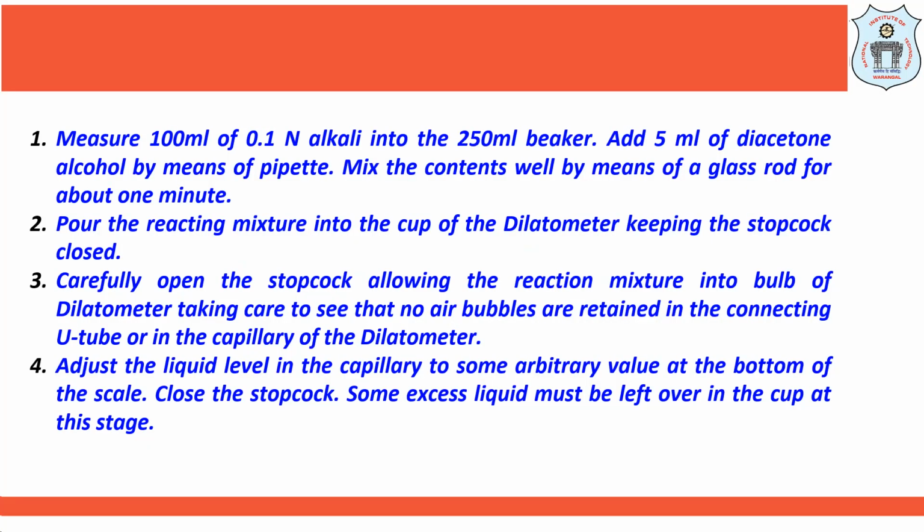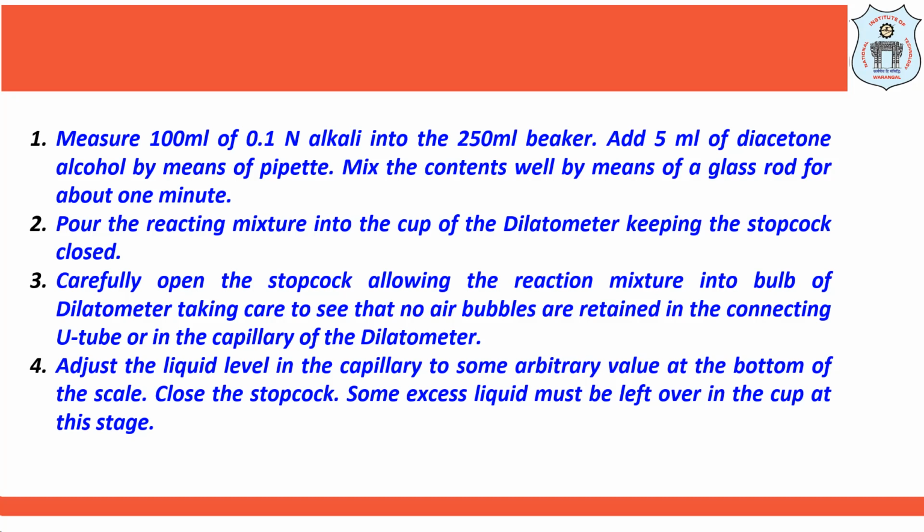For the procedure of the experiment, we first need to measure 100 ml of the 0.1 normal alkali into a 250 ml beaker and add 5 ml of diacetone alcohol by means of a pipette. We then mix the contents well with a glass rod for about a minute. Once the mixing is done, we pour the reacting mixture into the cup of the dilatometer, keeping the valve closed. After that, we carefully open the valve, allowing the reaction mixture into the bulb of the dilatometer,